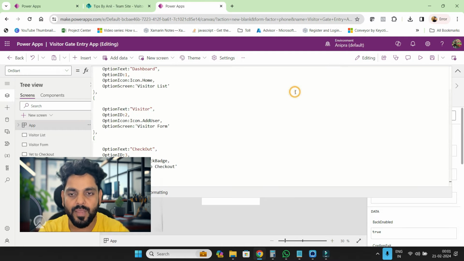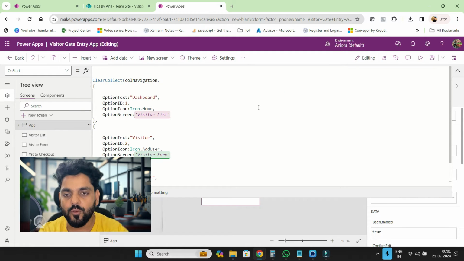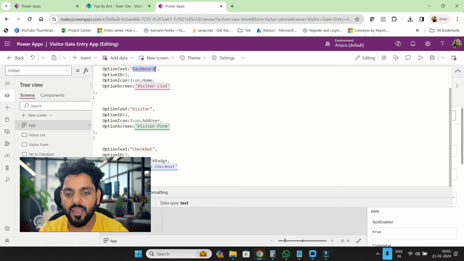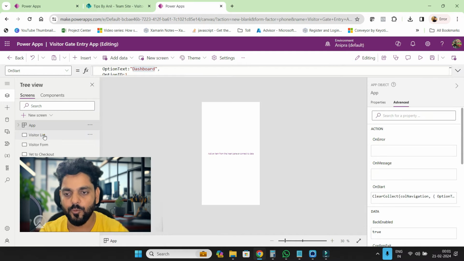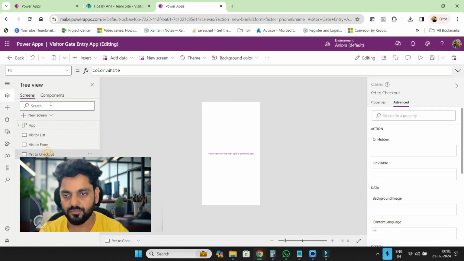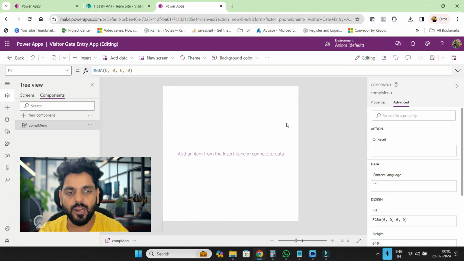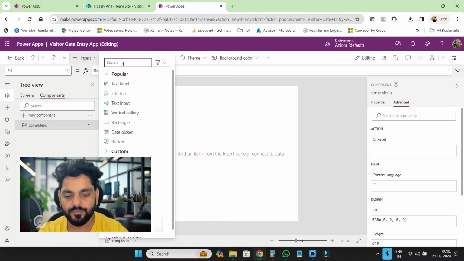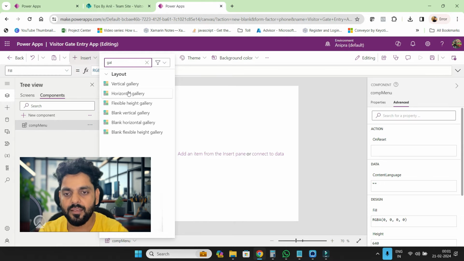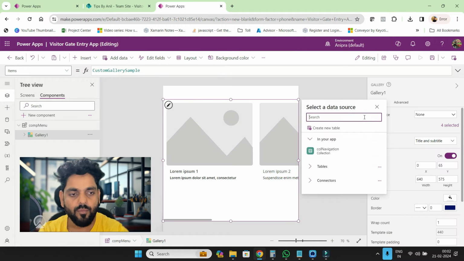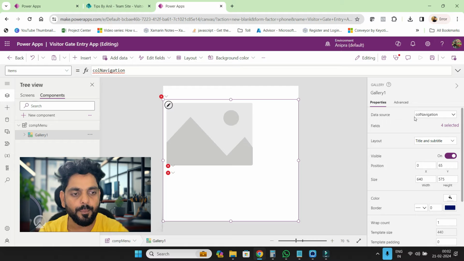For now, to make this forward, I'm just going to put a collection over here so you can see clearly: dashboard, visitor list, visitor form, and check out. These three screens we have over here. Now in the component, I will go to insert and add a gallery. This gallery I will bind,